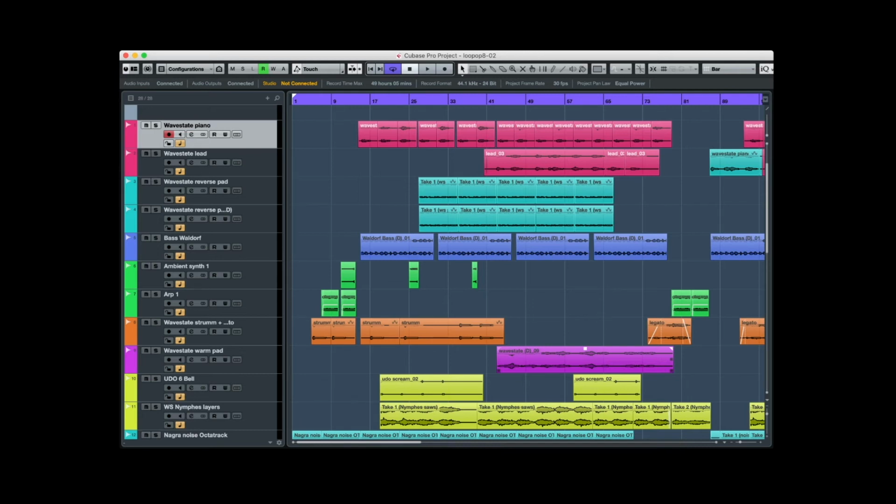Basically, that one has four layers in a Wavestate. Plus, it has some rhythmical stuff that I added from, I think, the Elephant Pack, and some stuff from Buchla. So just to create a rhythm while the pad is going on.